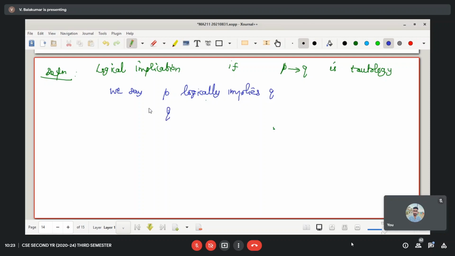Or sometimes we say Q is logically implied by. This logical term, you note it, implied by, or instead of that, logical consequent, because it's like active voice, passive voice. P logically implies Q. Q is logical consequent or logical conclusion of this P. What else we can do? We can note that logical implication is special implication. That's all.